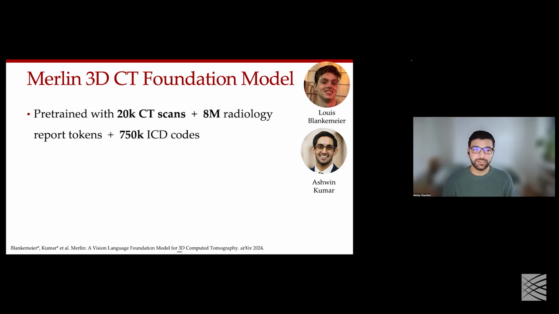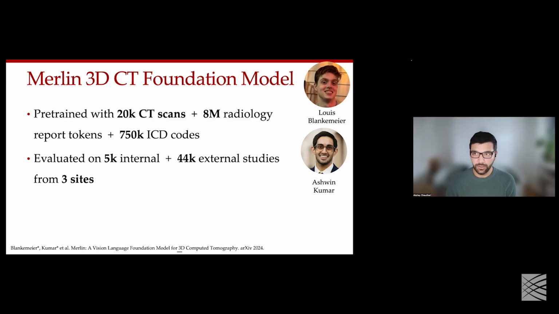Towards this notion, we were able to pre-train Merlin with around 20,000 CT scans that we extracted from Stanford. We jointly trained this model using all the corresponding radiology reports and all the ICD codes that were assigned to the patient at the time of their imaging visit. We're really trying to reuse all the healthcare information that we have about these patients to train our Merlin model. And we really wanted to focus on evaluation.